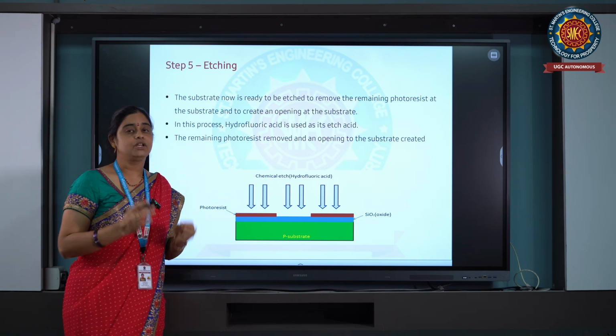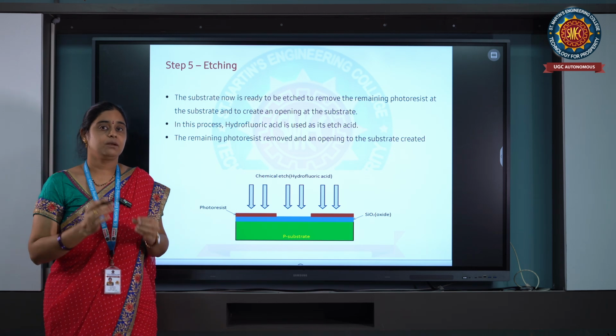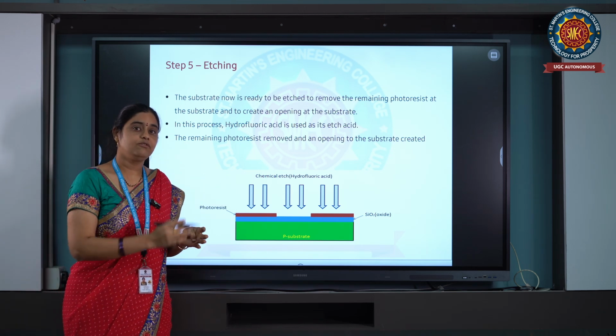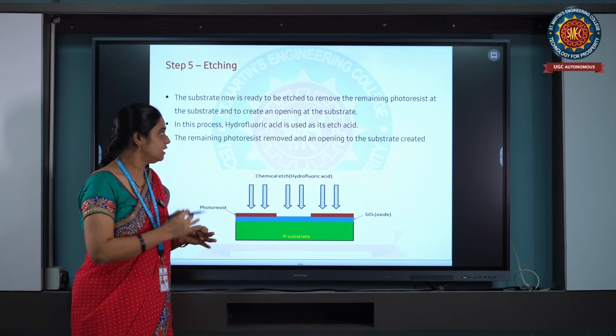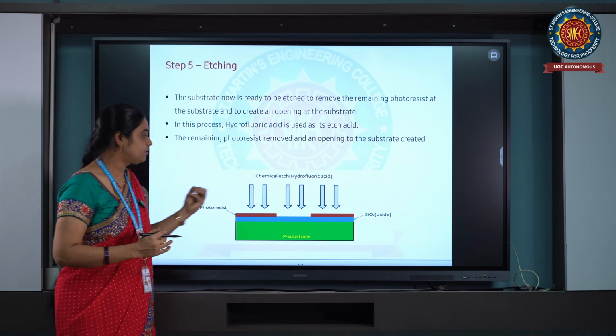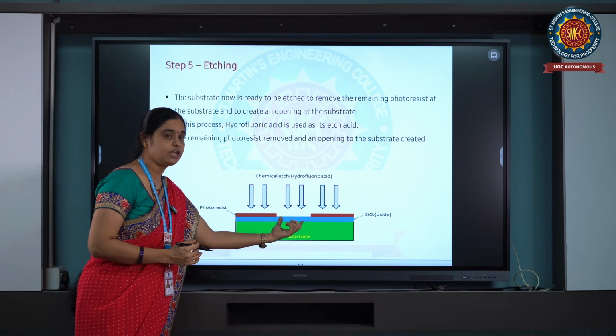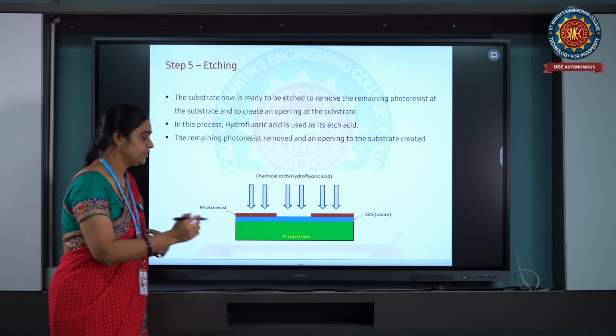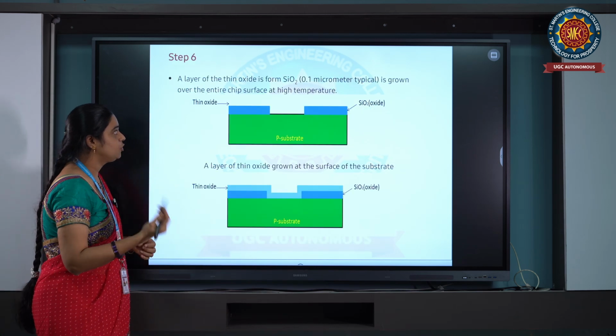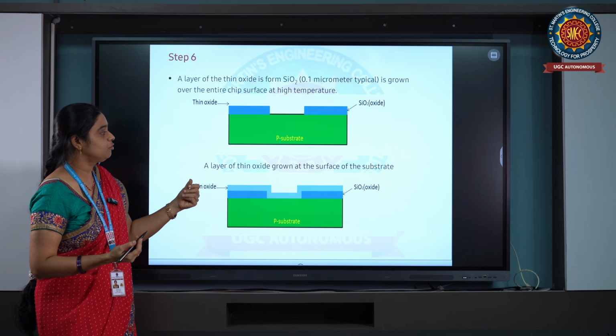So this is a combination process. In this process, we are placing a photoresist layer and then doing positive masking and then performing etching. After etching, we can see there is a window clearly for the formation of the gate. Now we are ready to place the gate. We are ready to form the gate.